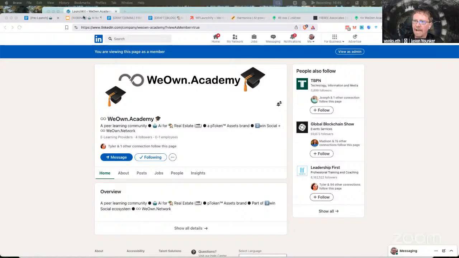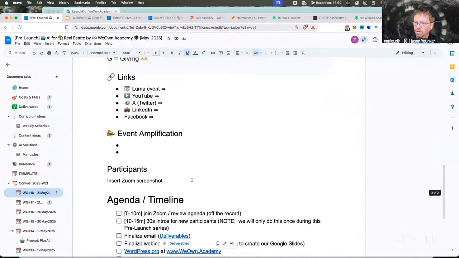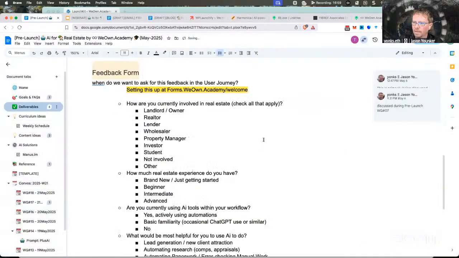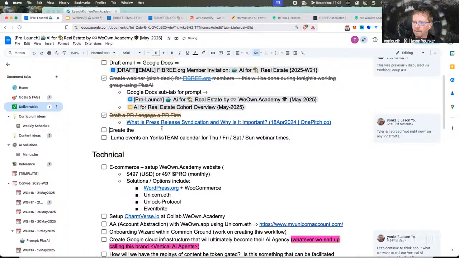This is an action item that I'm going to add real quick to our agenda: create the events. I'm not even going to do it here, I'm going to do it on the deliverables. Let's see. Create the Luma events.